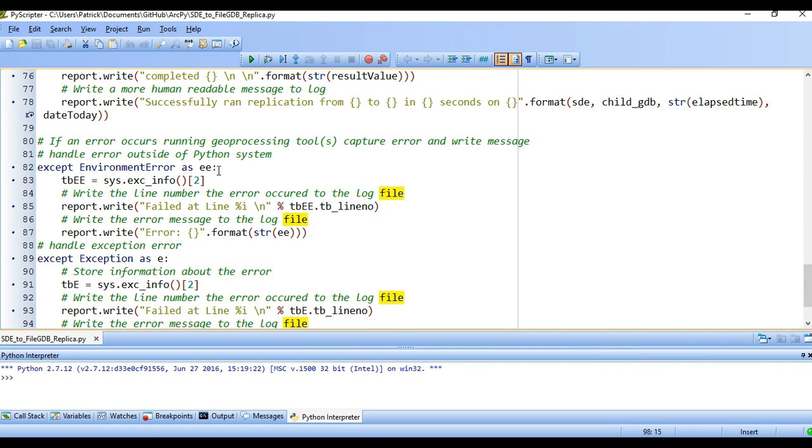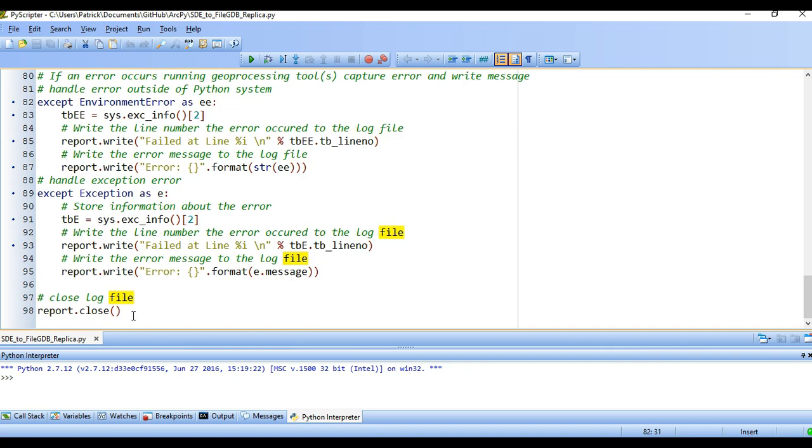Now, I also have this thing called environment error. Environment errors are things that happen outside the Python system. So we're doing a similar thing there. So I'm just trying to capture Python and ArcGIS errors and other errors just to try to cover my bases. And so that's